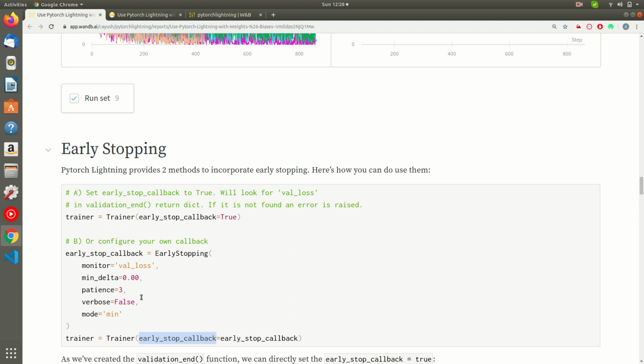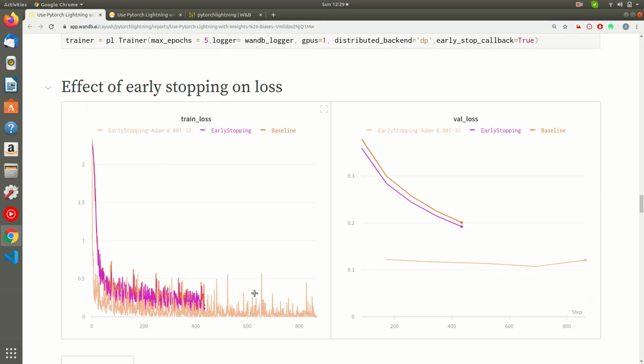So you have both of these methods, but both of them basically take just 1 or 2 lines of code. But you have to do the same thing manually in PyTorch. That would take multiple lines of code. So that is why it is recommended to use PyTorch Lightning. Again, the effects of early stopping. Let's see how we can utilize the visualizations to see the effects of early stopping.